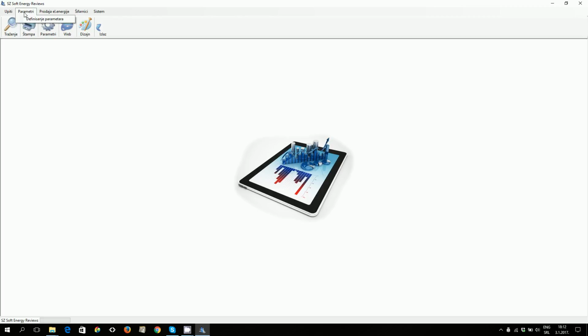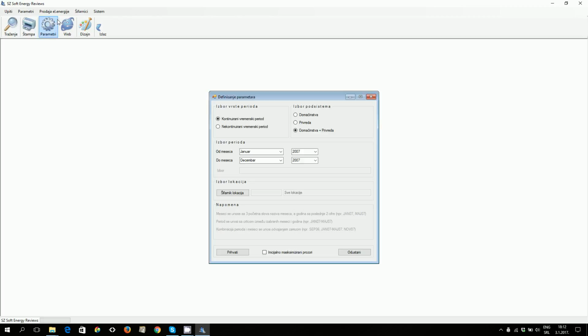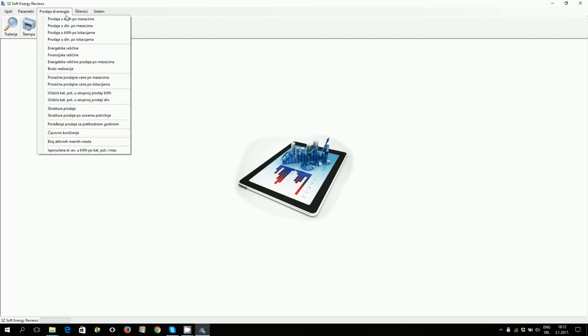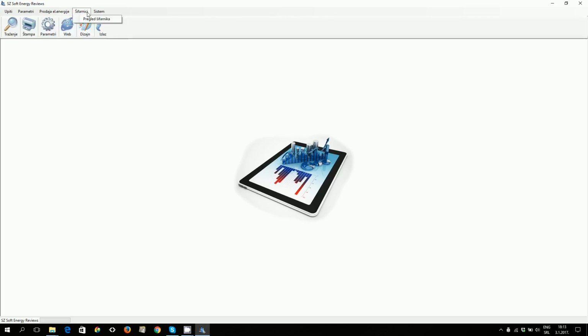For example, parameters which are defined. So here are the parameters which are already set in the time we need. The subsystem is household plus economy, year 2007, from January till December. And with the accept button we get the parameters we want. Now we are going to sale of electrical energy, and here we have 18 reports, some of which we are